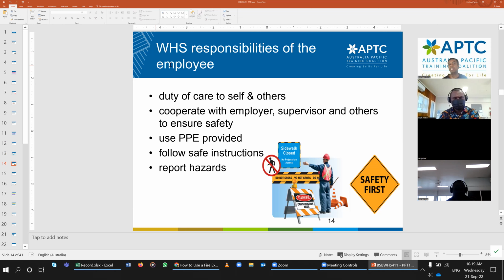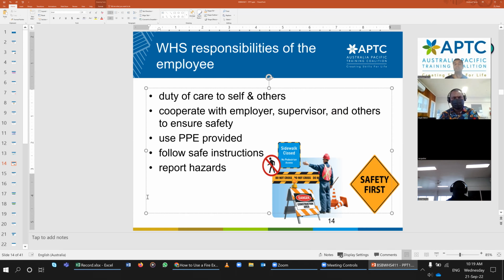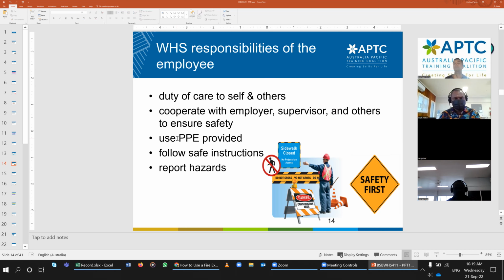Now, responsibility of the employee. Duty of care to self and others. Cooperate with the employer and supervisor and others to ensure safety. Use PPE. PPE is personal protective equipment. It could be a safety vest like this, or steel cap shoes, or a hat, all that. You need to have this vest all the time, even if you're working in a garden outside. If you're lawn mowing, use that,